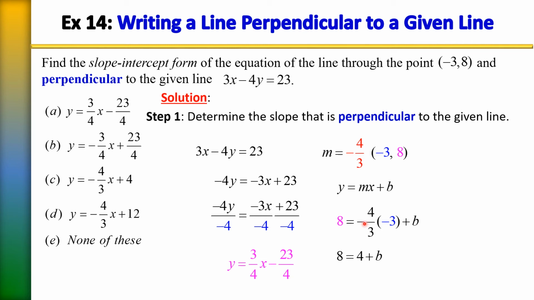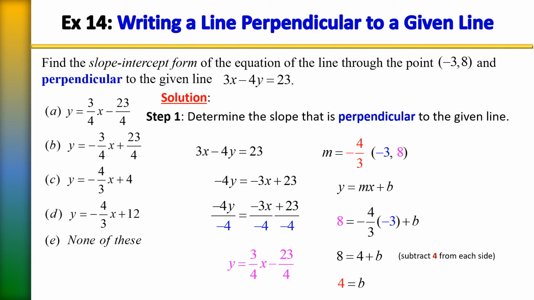Remember, a negative multiplied with a negative is going to give me a positive. So that leaves me with just a +4 plus b on the right side. Last step to getting b all by itself is to, you got it, subtract 4 from each side, and b equals 4. So putting your line all together, your line is y equals